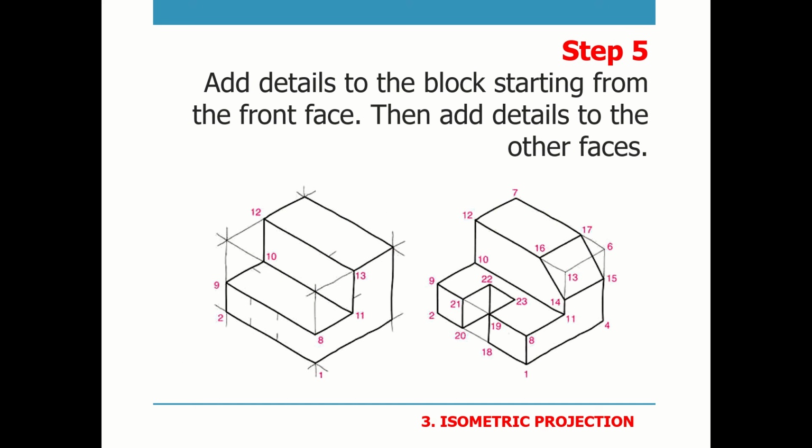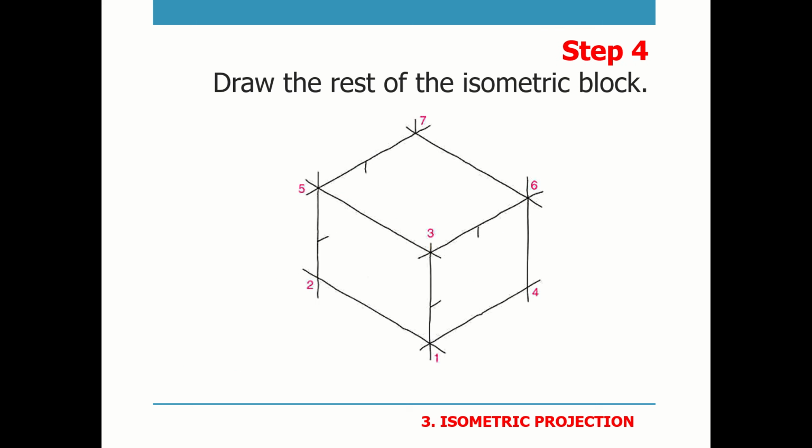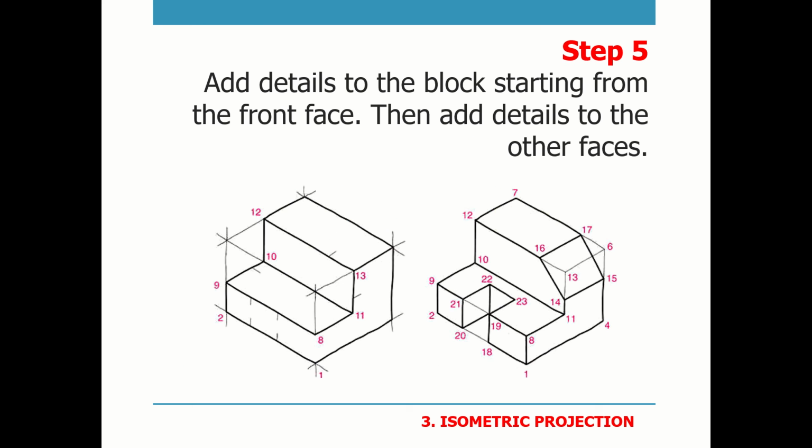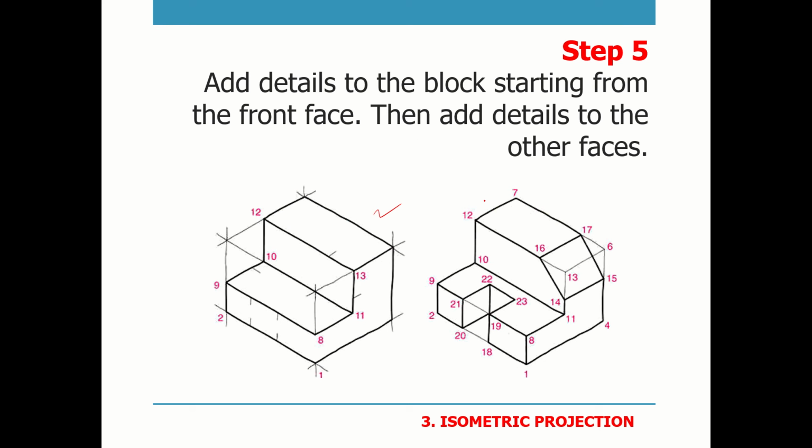So this is the simplest way of constructing a 3D drawing, which is actually of actual measurement. For example, if you have 4 meters height, 5 meters depth, 3.5 meters depth, all that can be exactly mapped and put here. And of course you can do complex detailing once you have constructed a basic outline.